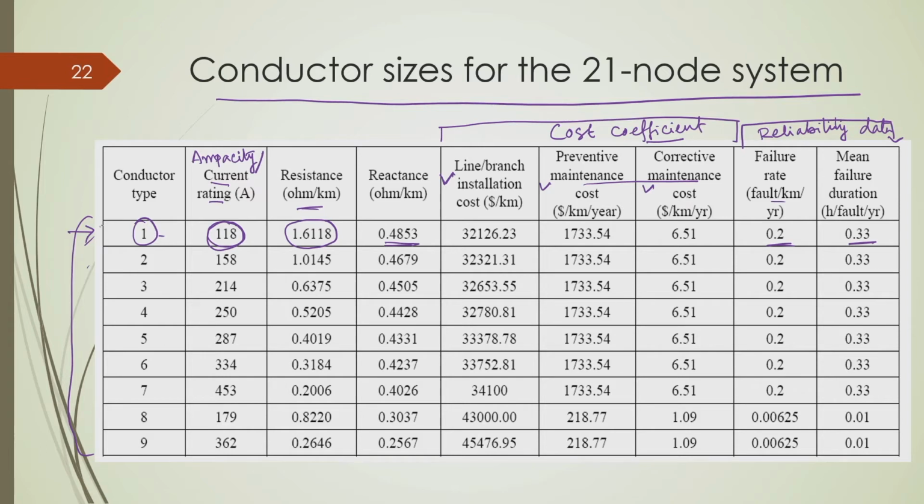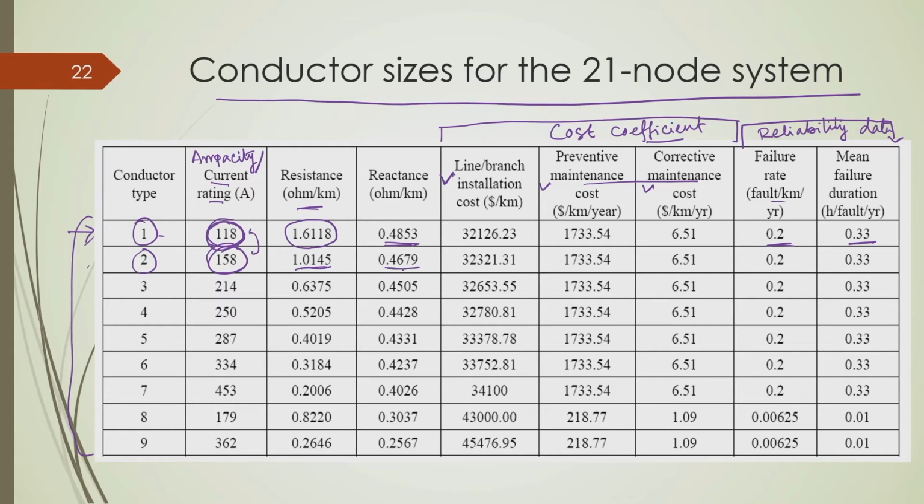So, conductor 1 is having ampacity of 118 ampere, but conductor 2 is having ampacity of 158 ampere. Okay. Now, what is the difference of these two? It means that conductor 2 can withstand higher amount of current. How is it possible? Because its conductor cross sectional area is higher, okay? And that is why its resistance is lower,